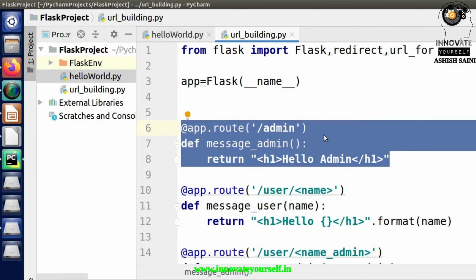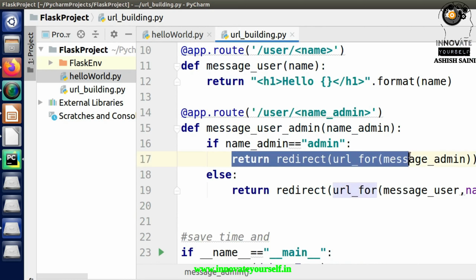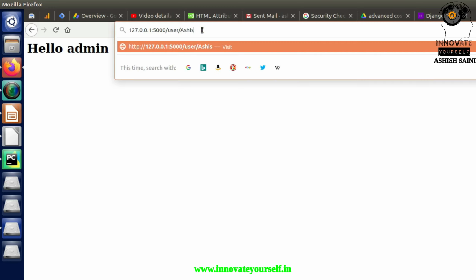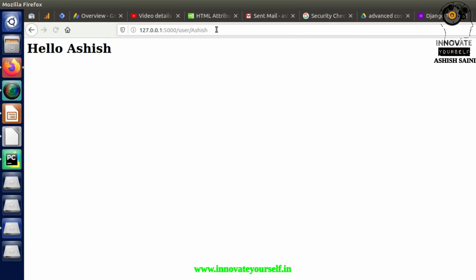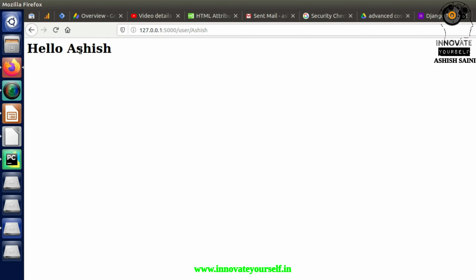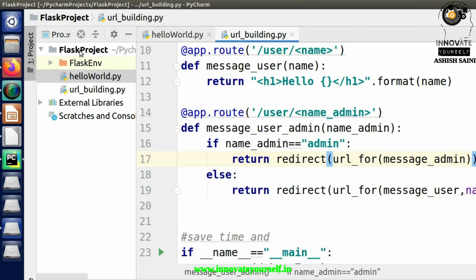But here I'm not calling it directly, I'm calling it as per this routing part, or let's say I'm calling it using this redirect class which I have called from here, right? So this is how I can do it. Similarly, now I can check for the other part as well. Let's say I am Ashish, so I'm going to access. What is the output? Hello Ashish. Whatever name you specify here, it will just call it in here, and it will display it by using this redirect and the URL for functions, right? So this is the way it can do this part.